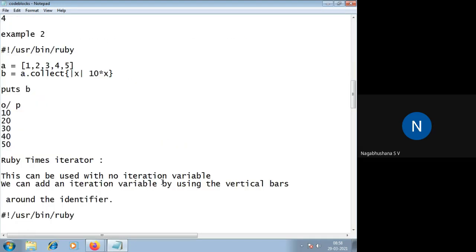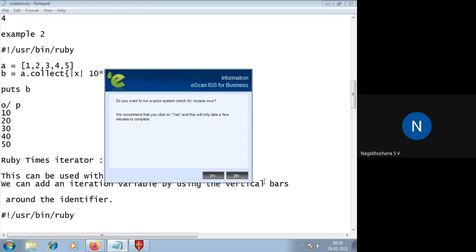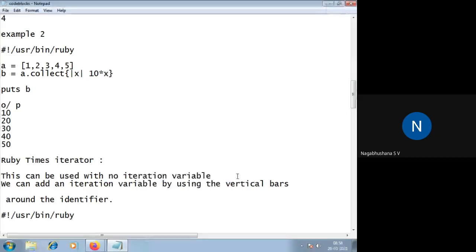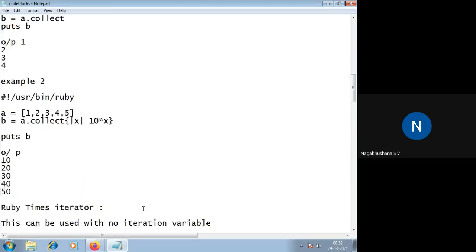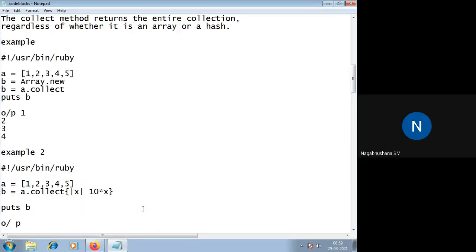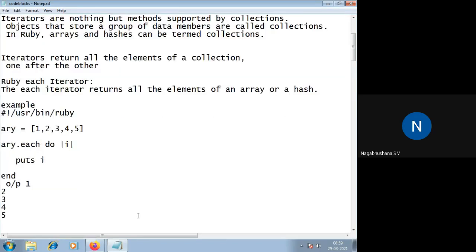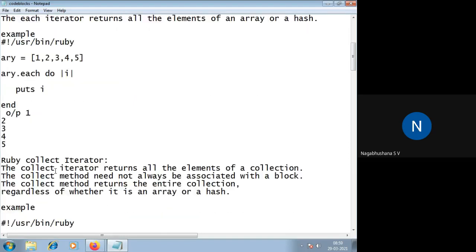Now the question: explain or demonstrate any 4 Ruby iterator methods. The notes have already been sent to you, so you can check them out. Just note the keywords. The first one is the each iterator.